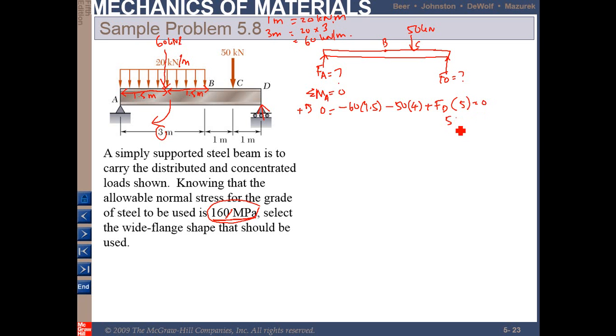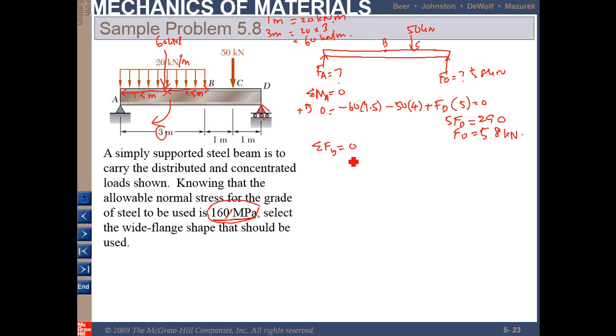So 5 FD is equal to 60 times 1.5 plus 50 times 4, so you get 290. So FD is equal to 58 kilonewton. And then the summation of all forces in the y direction is equal to